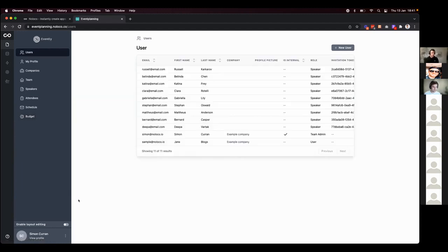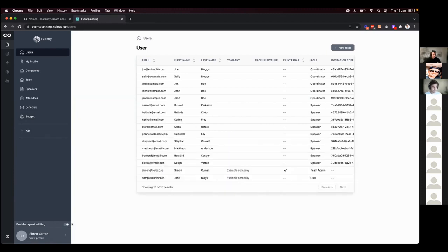So for example, on the users page here, we mightn't want our speakers to be able to come in and see this page. One of the things you can do in Noloco is set really tight controls over who should have access to what information, both at the UI layer or visibility level, but also at the database level as well. So if I enable layout editing here by toggling on this button on the bottom left-hand corner,